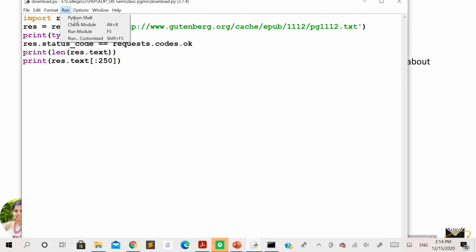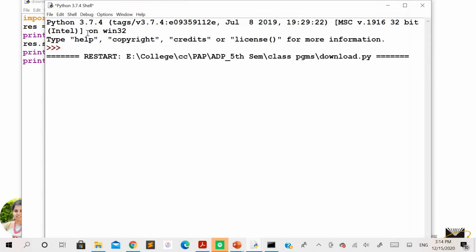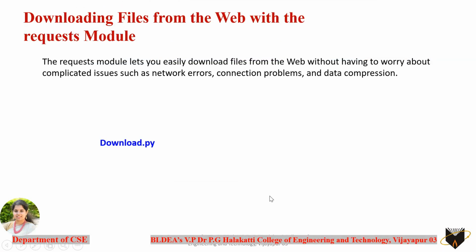Just try to rerun this. Okay, I will just keep it as it is, and once the output has been displayed we'll continue with the same example. Meanwhile, we'll continue with the further examples. So this is how you'll be able to download it.